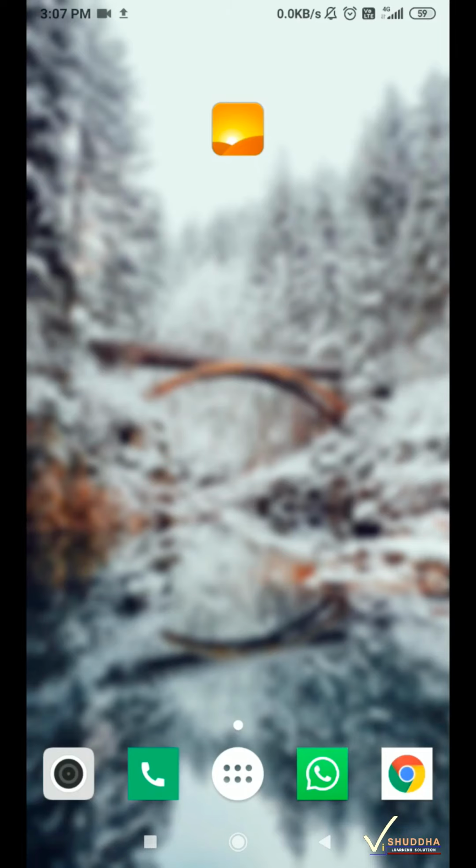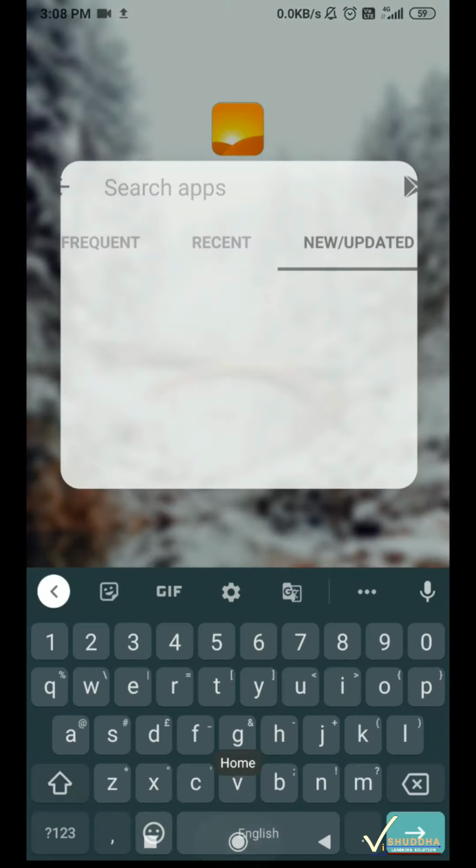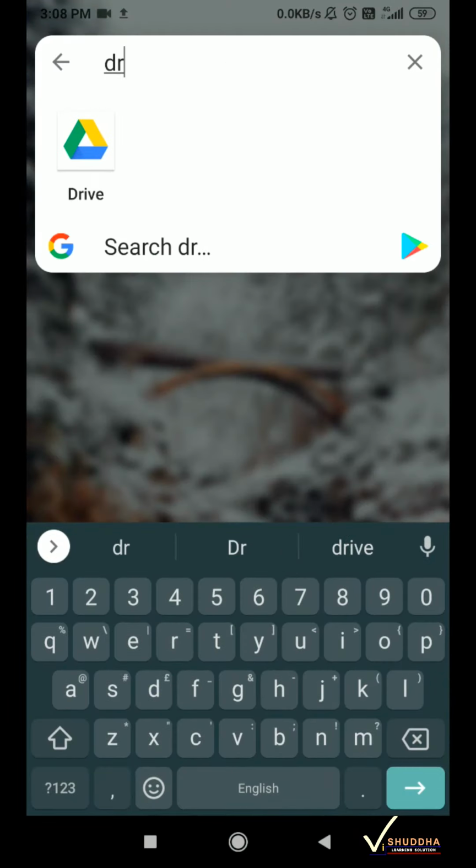Now I am going to show you how to send the assignments. I assume that you have written the assignments on some sheets and you have to take the snap of them, then convert it into a PDF and then send through email. In order to take the snap, I have placed the sheets in a very lighted area so that I can capture it well. I will be using Google Drive. So let's open the Drive application.